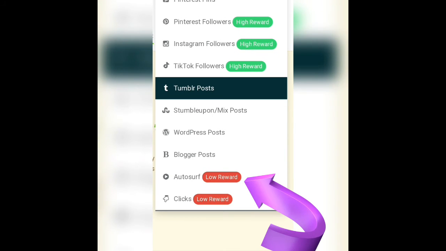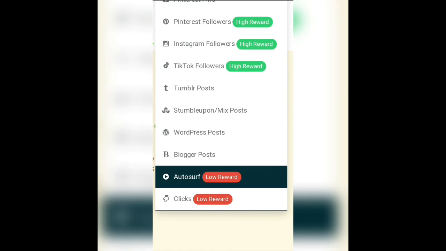Auto Surf will surf ads automatically, and it has a timer set of 30 seconds. Once the timer stops, you will be rewarded maybe 10 or 20 tokens. Now you can see the timer has already started.